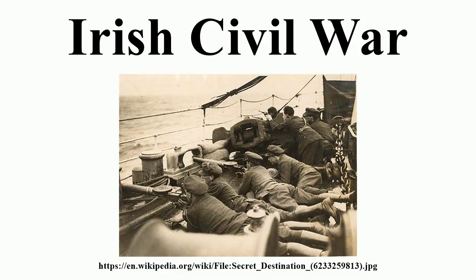Background: the treaty and its consequences. The Anglo-Irish Treaty was agreed to end the 1919–1921 Irish War of Independence between the Irish Republic and the United Kingdom of Great Britain and Ireland. The treaty provided for a self-governing Irish state, having its own army and police. The treaty also allowed Northern Ireland to opt out of the new state and return to the United Kingdom, which